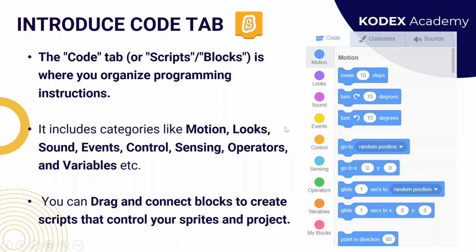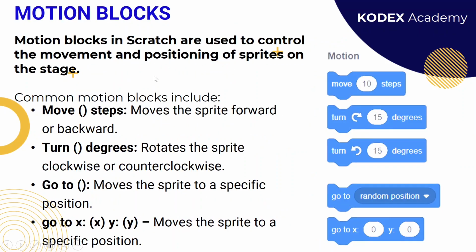So here we are. First, when we talk about the motion block, motion means movement. This block is specially designed to control the movement of the sprite. It can control the position and the movement of the sprite on the stage. Stage means sprite area. Whenever you want to change the position and the movement of your sprite, you can use these motion blocks. First we discuss some common blocks, and after that we will see how these blocks work in Scratch.